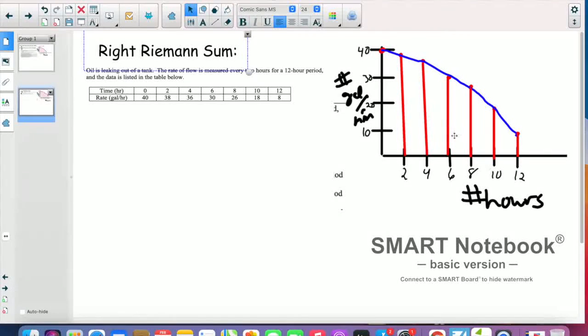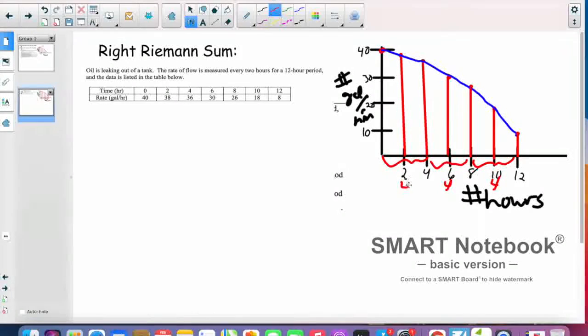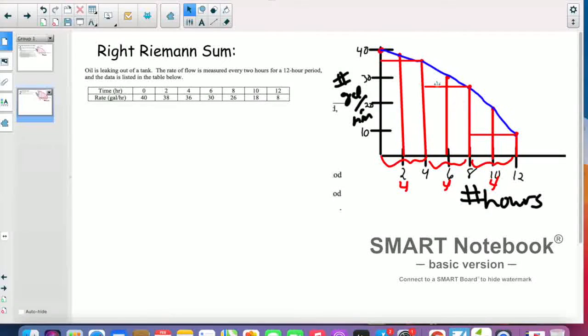So this time, if you think about the width of your rectangles, again, the width of each rectangle is going to be 4. So that is staying consistent. And then we're drawing this time from the right side. So if I draw from the right side, these are the rectangles that I'm going to get. So if I find the area under the curve for those 3 rectangles, for this one, I'm going to have